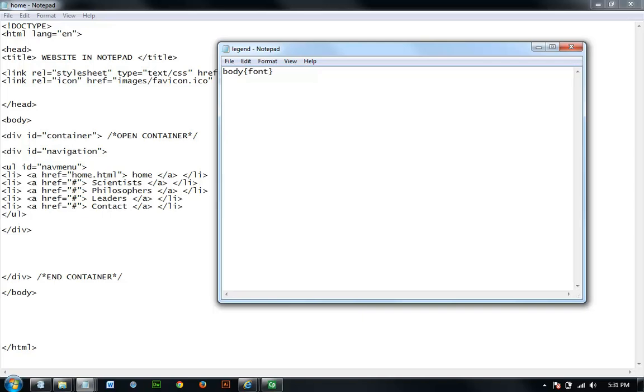Inside here I'll create a font family. I'll choose Lucida Grande,